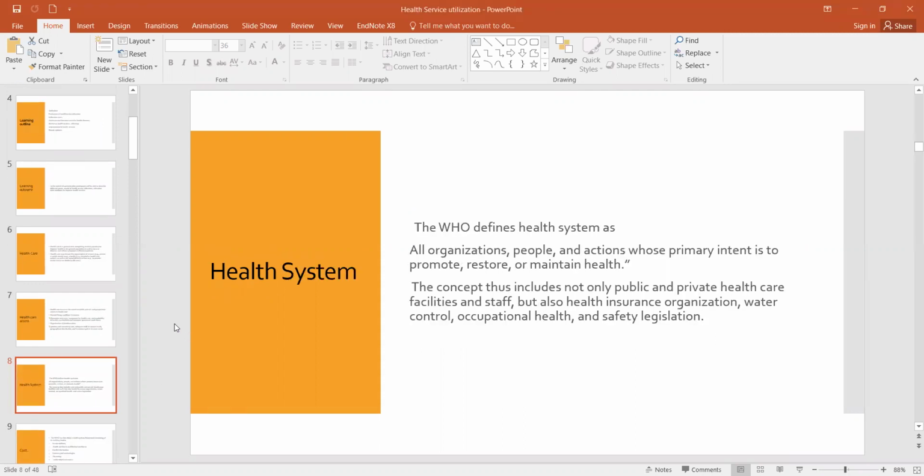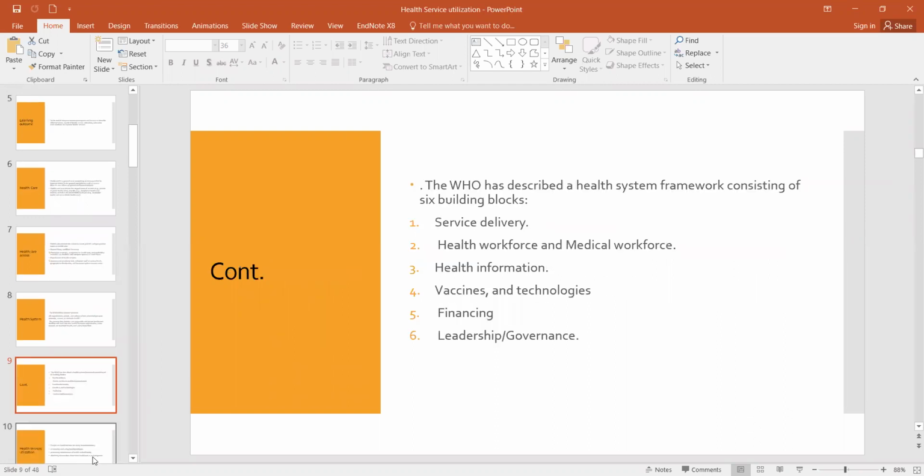Now we define health system. The WHO defined a health system as all organizations, people, and actions whose primary intent is to promote, restore, or maintain health. The concept thus includes not only public and private healthcare facilities and staff, but also health insurance organizations, water control, and occupational health and safety legislation. The WHO has described a health system framework consisting of 6 building blocks: service delivery,